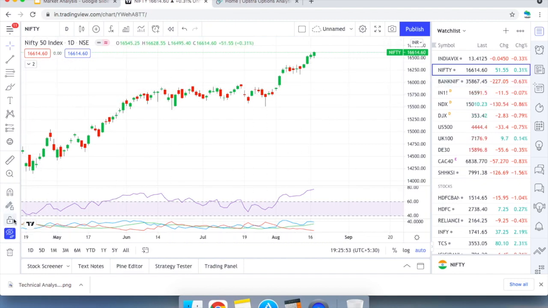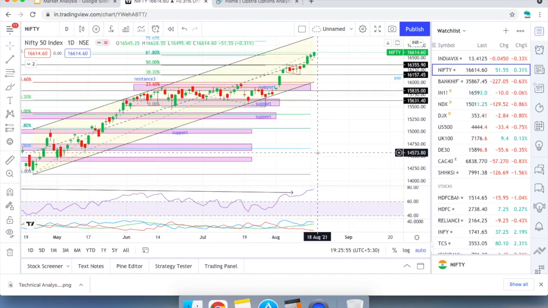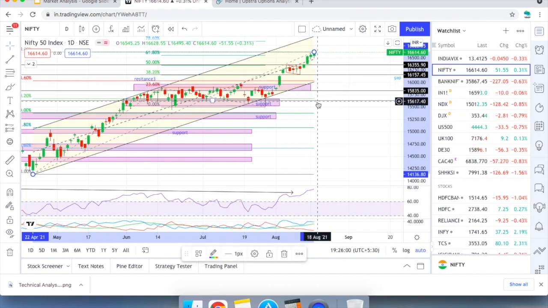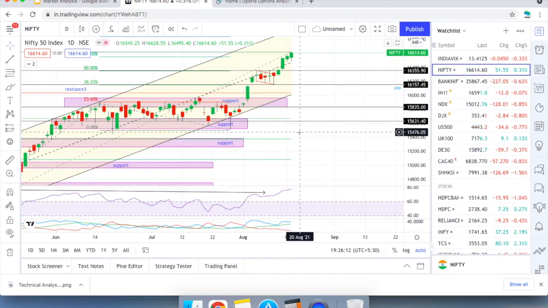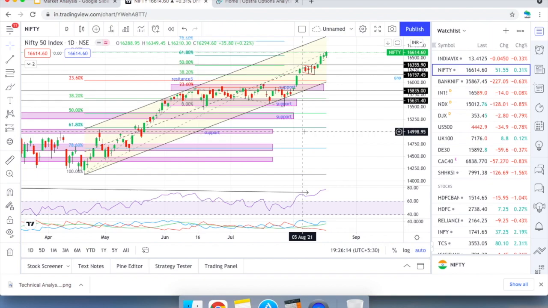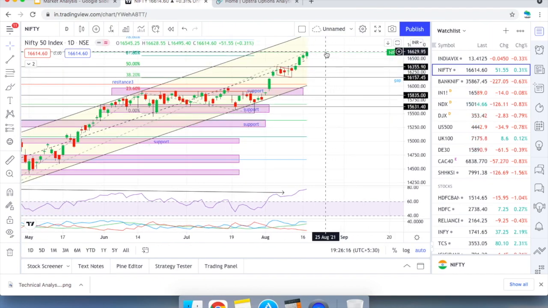Now let's look at the levels. You'll have to shift the levels further up, because Nifty made an all-time high today. Towards the close, it hit 16,628.55. Another all-time high was made today. But make a note that it is